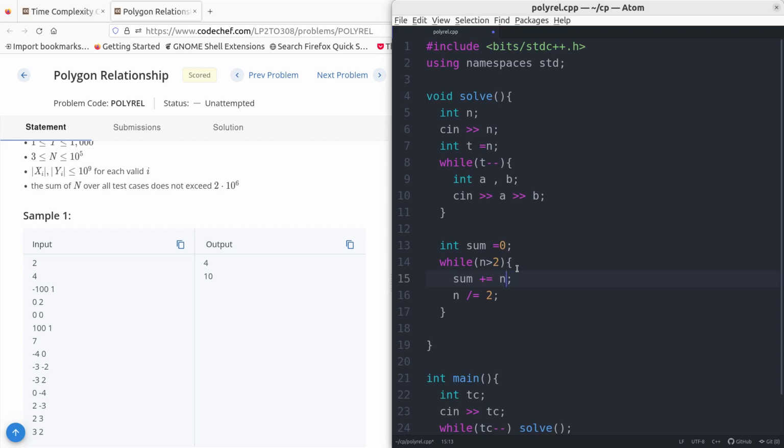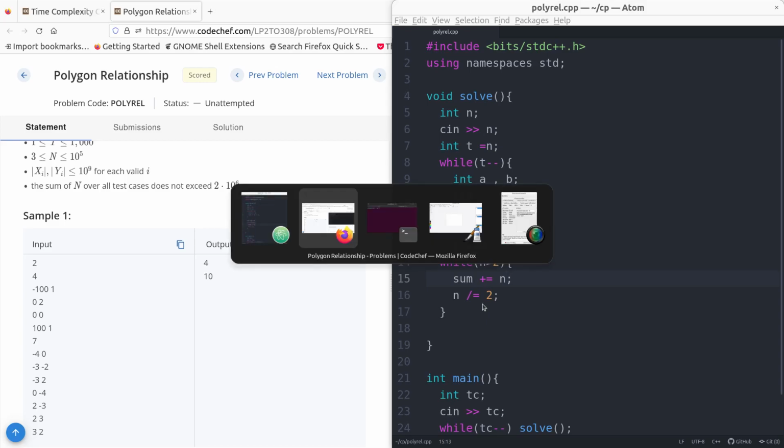We'll just add the n. Then we calculate the chords and we'll be adding it. So initially we'll be just adding the number of sides of the given parent polygon, that is 7, to sum. Next we'll divide 7 by 2,